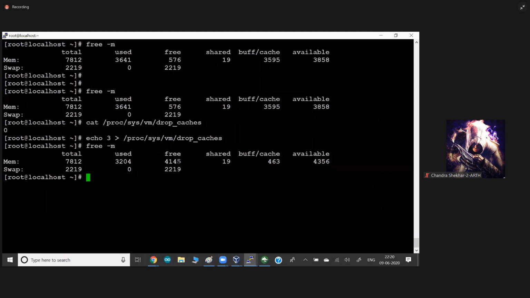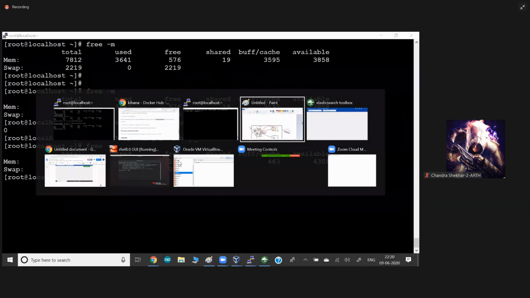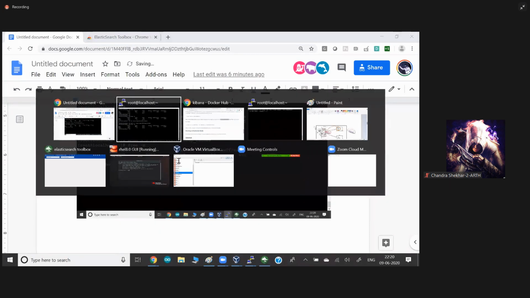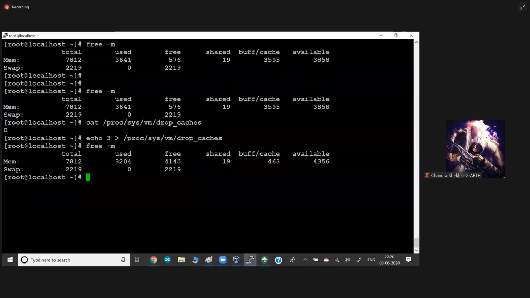Okay, so it depends. It's not always a good practice to do this, all right? It depends on the scenario whether you want to clean or not. Otherwise, one thing is you can restart your system and it will clean. Obviously, I don't want to restart. So this is the other way you can clean your unwanted cache